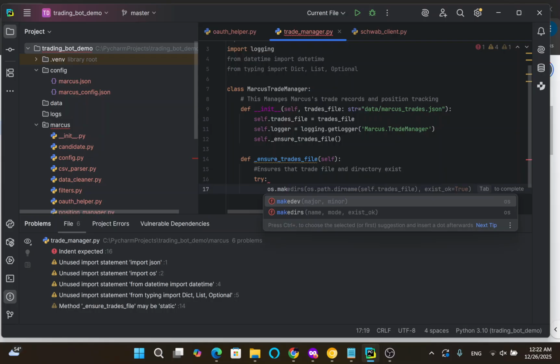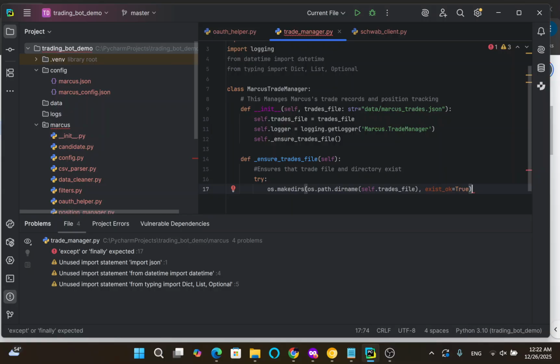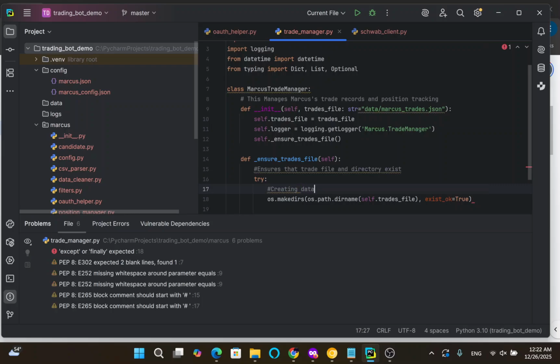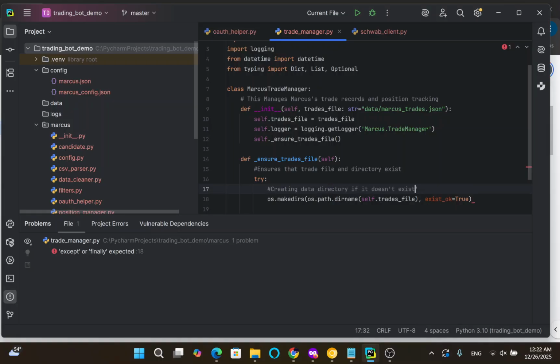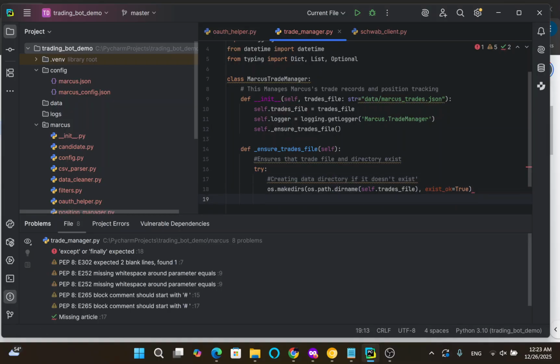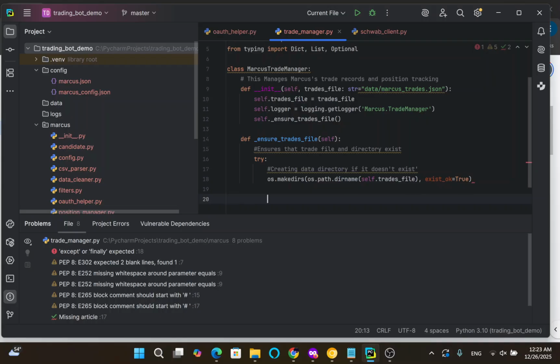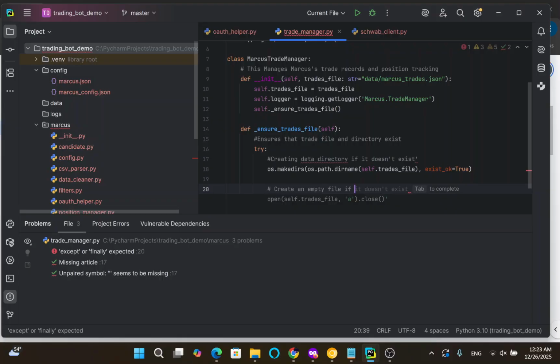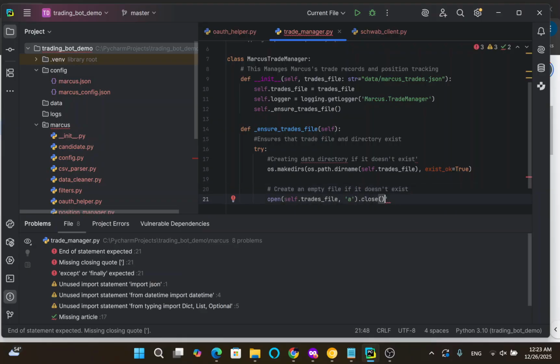Let's path directory name, and let's add explanation here too. Creating data directory if it does not exist. Now after this we are going to create an empty file if it doesn't exist. So